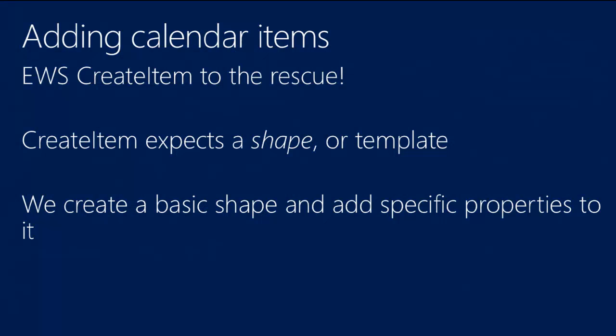Now, there's a separate API, if you will, that we need to know how to use to actually create items in the calendar. It's called create item. Same template as find item. You create a shape that specifies what properties you're planning on specifying as part of the object. If you don't specify an object property in the shape, it doesn't get set on the object. That means that when you first start working with create item for a particular item type, there's going to be some back and forth